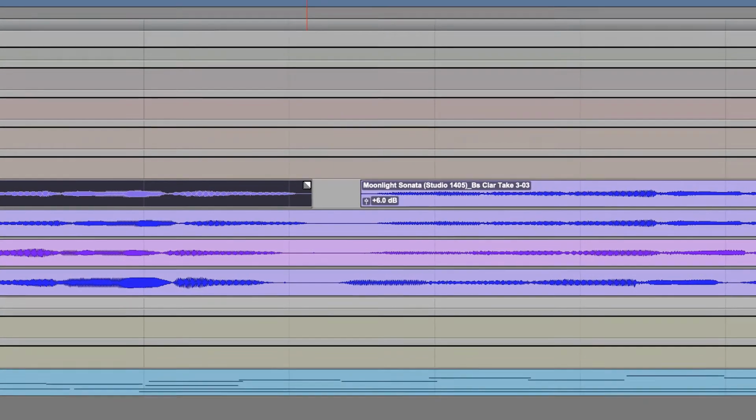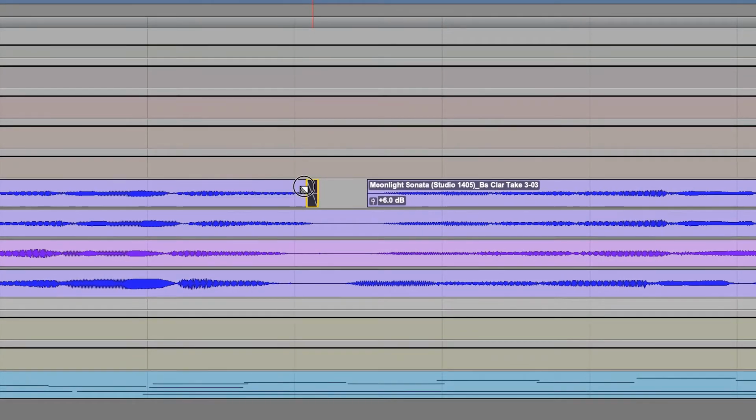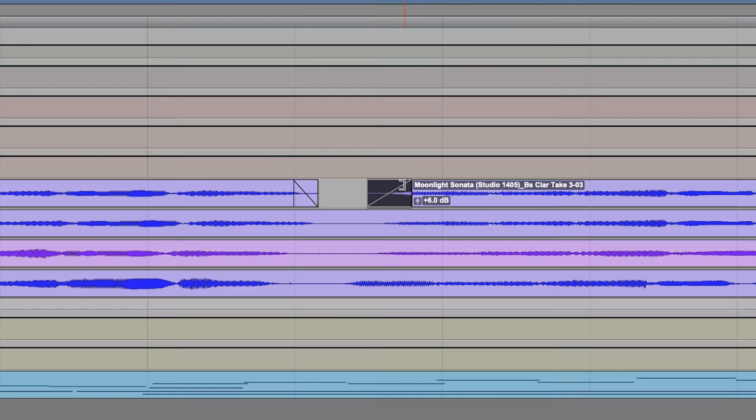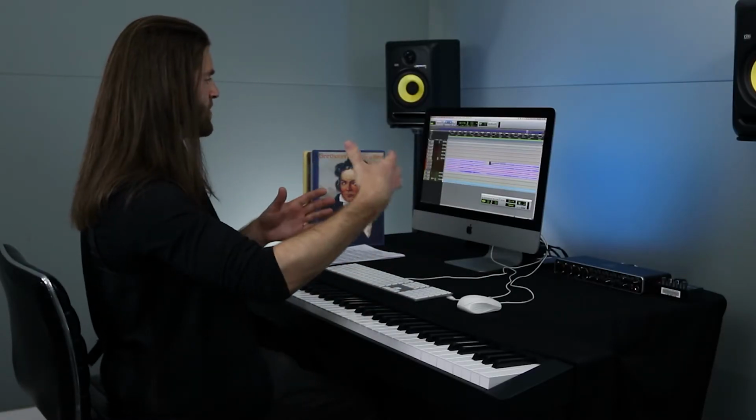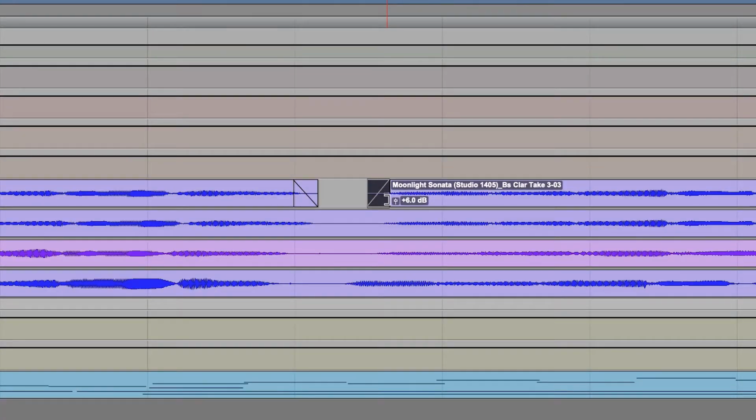In the top corner, you'll see this square. If you click and drag, it's going to put a crossfade on it. That means it's going to fade out of the region. So we could do that in this case and add a little bit of a fade out, fade in from our region to region. Or if we wanted to just blend them right into each other, we could have the